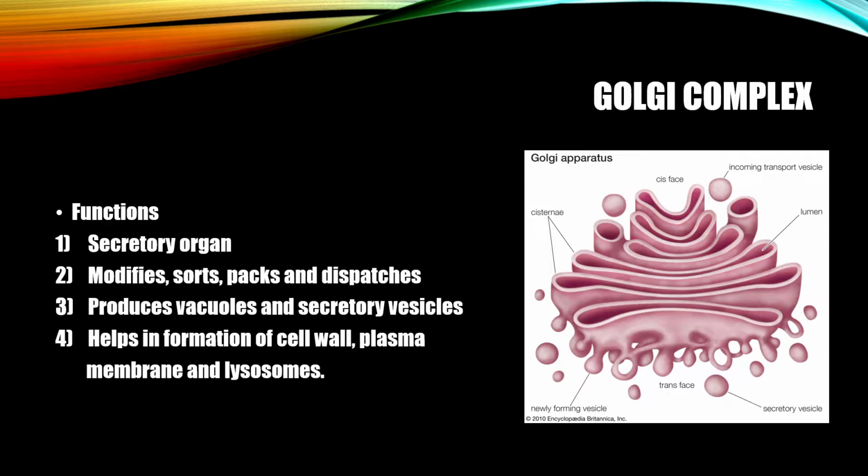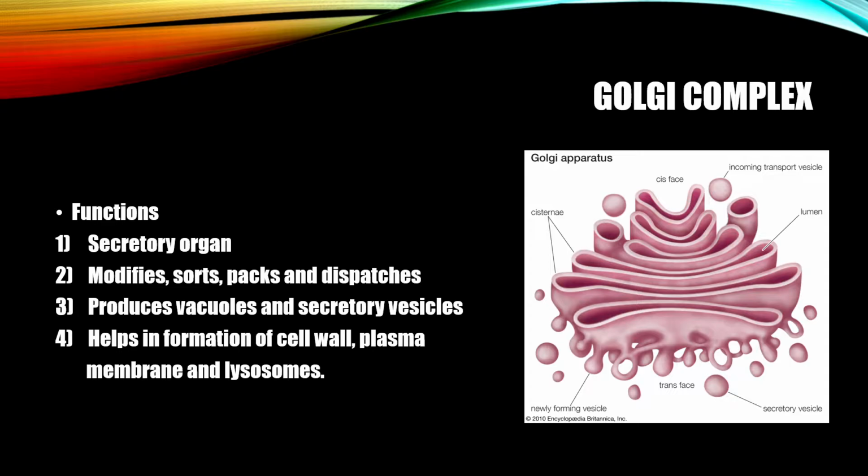As they pass through the cisternae, they are chemically modified with the help of enzymes. They are again packed in vesicles. These vesicles exit from the maturation phase. Thus, cisternae work like a packing department that packs and distributes substances. So whatever comes to the cisternae is first unpacked. Whatever things are useful are taken. Even the enzymes work on it. Chemical modifications are done, and again they are packed and sent to the other parts of the cell.